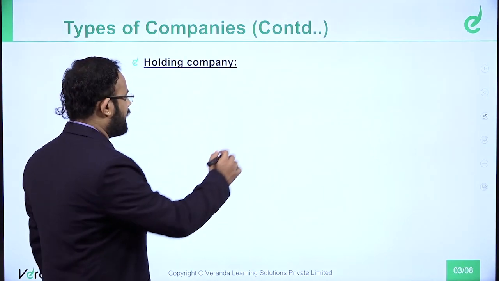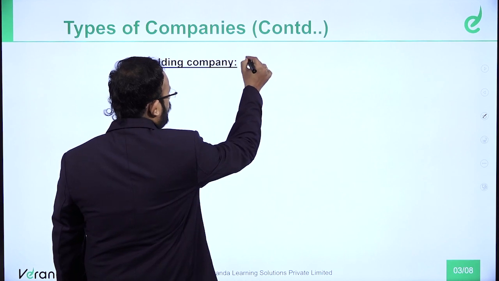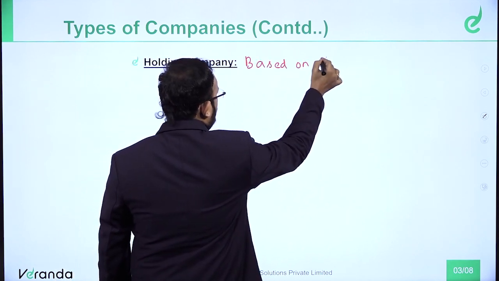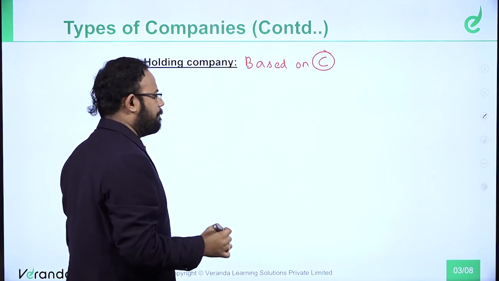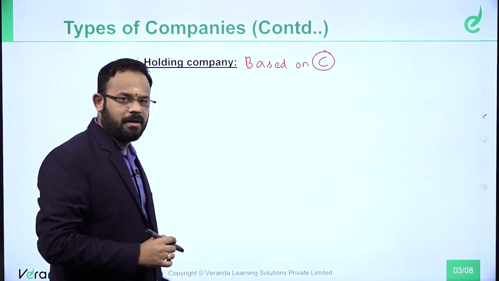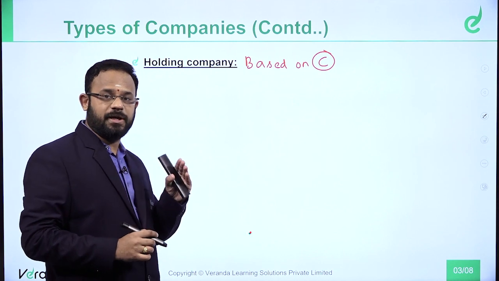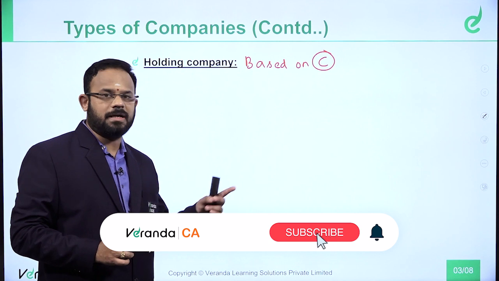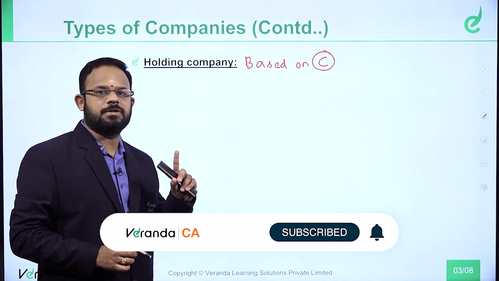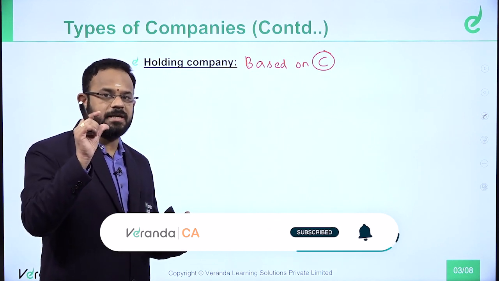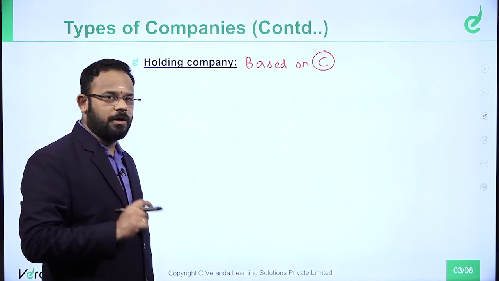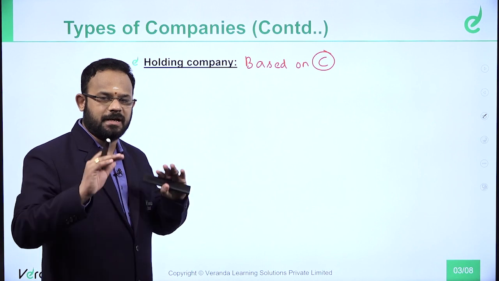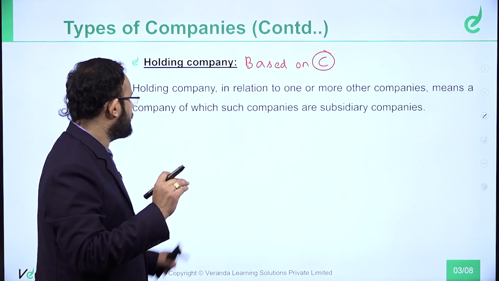Holding company, again this is going to be based on control. So what am I writing? I am saying based on control. In CAMEL, it is going to be based on C. So based on control is holding company. We were talking about subsidiary company. You remember, we connected with associate company. We said it is not a subsidiary company, but includes a joint venture company. Holding is the parent company and subsidiary company is the child company. It's like that for you to understand easily.